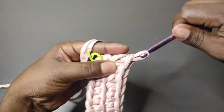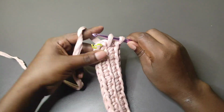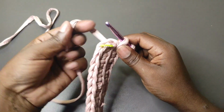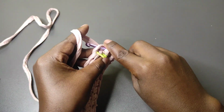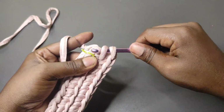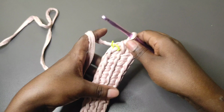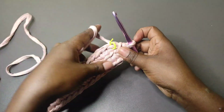So 1 and 2. Now do not complete the second one, leave it hanging like this. Then to complete that round, you're going to go onto the back loop of the first stitch, and then you're going to pull a loop and slip stitch it all like that, and our first round is complete. Then pull out the stitch marker,